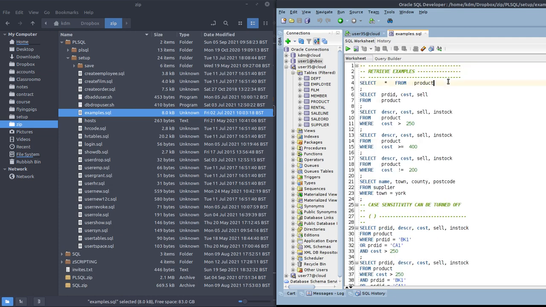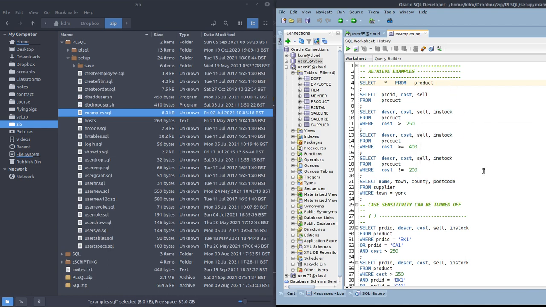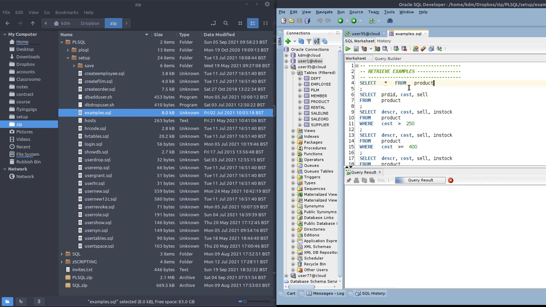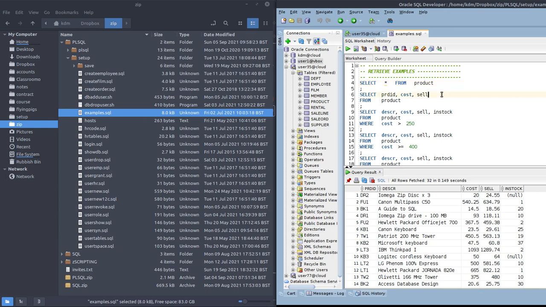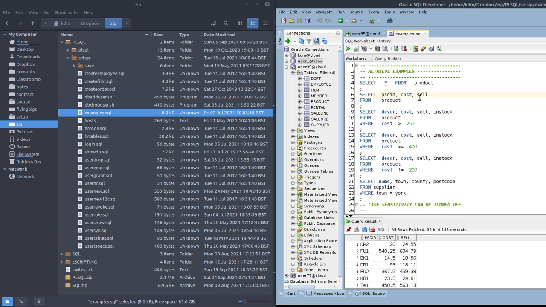Each of these, well, almost all of them, some of them have got errors in them on purpose, will run against the database. And you run them by clicking on the green arrow or by typing Control and Enter. It tells you if you go there. There we go, Control and Enter. So the idea there was, if you don't know a lot of SQL, that will refresh your memory or teach you some new SQL.